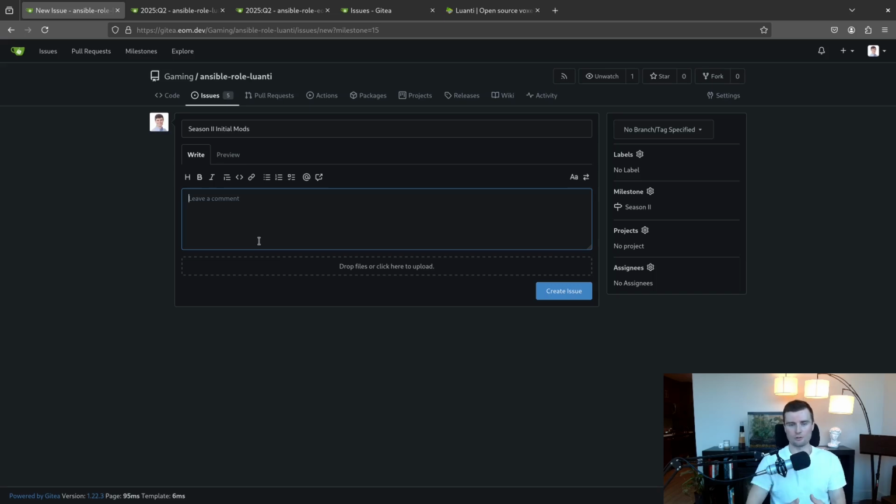So installing these mods has two steps. The first is downloading the mods and putting them onto the PVC that is running in Kubernetes that ends up being mounted to the Docker container that is running Luanti. So those are all stored in a persistent volume claim, and I have to manually download the mods and unpack them into that persistent volume claim in order to use them. And then there's the step of modifying the configuration files to say what should be loaded from what's in that mods directory. And I could create an issue that is both of those or just one of those.